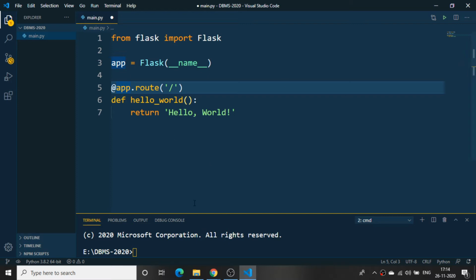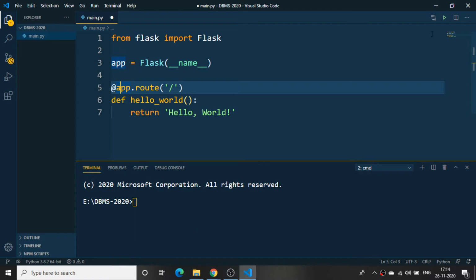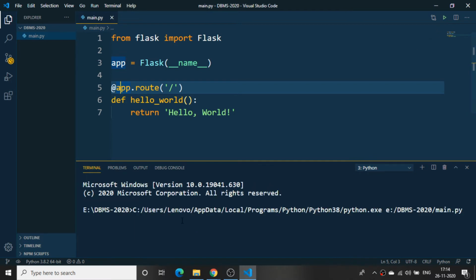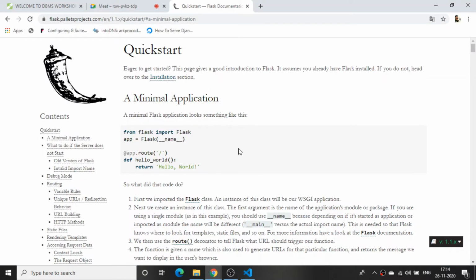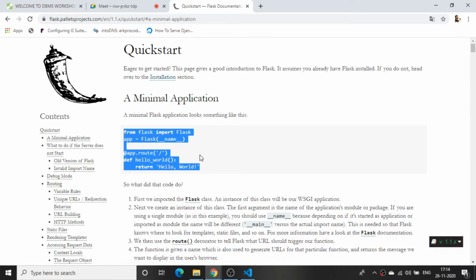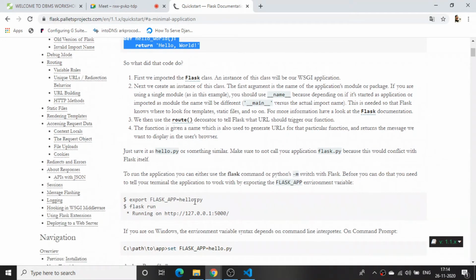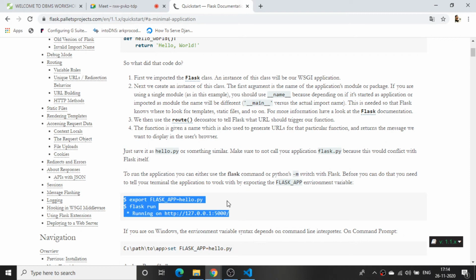If I run this particular program, let me see what the output will be. I won't get any error, nor any output. Why am I not getting any output? This is one of the mistakes in the documentation. They have shown it here but have not said how to run it, or they have said it in a very complicated manner.